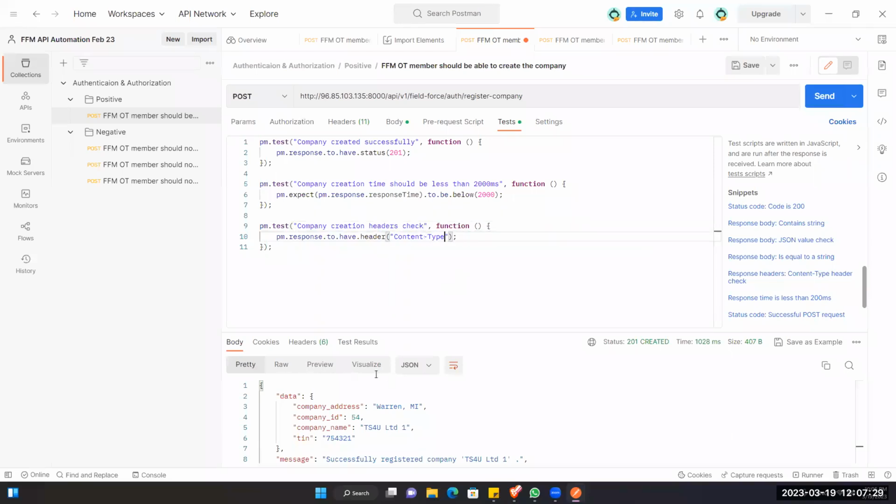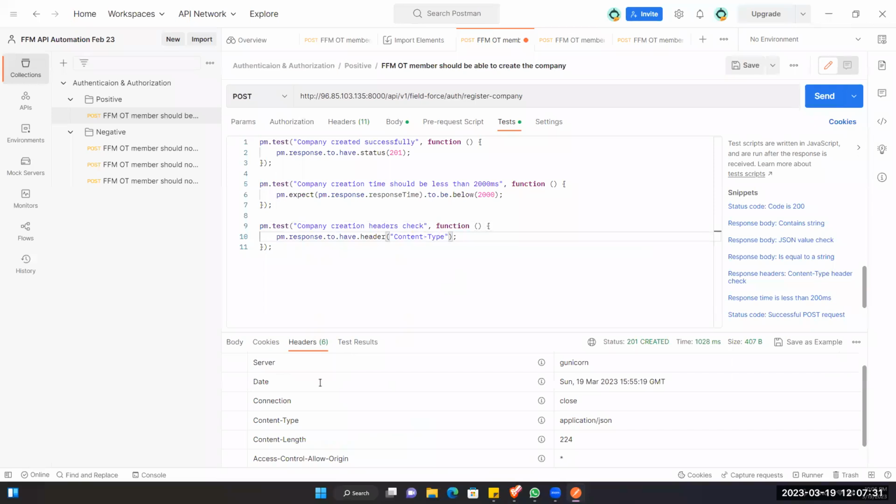Okay, so here we can verify, like we want to get the server, date, connection, content type like this. So we can simply copy this, and we can add more here. Let's say this one, and here we type server,